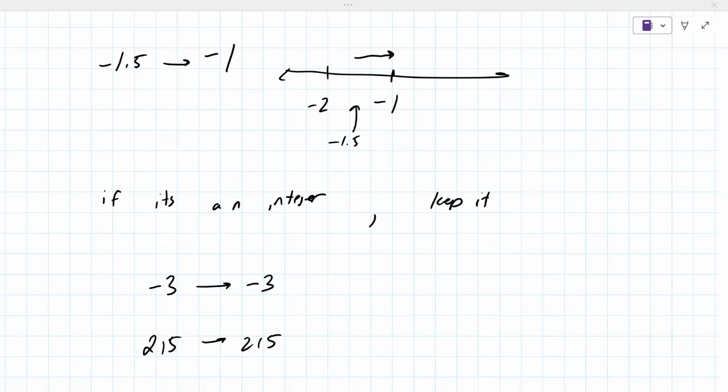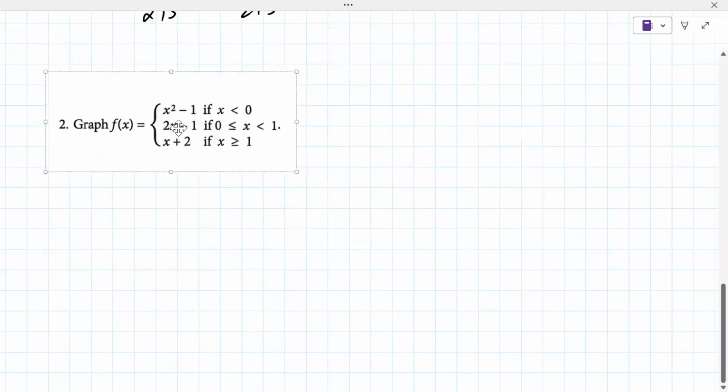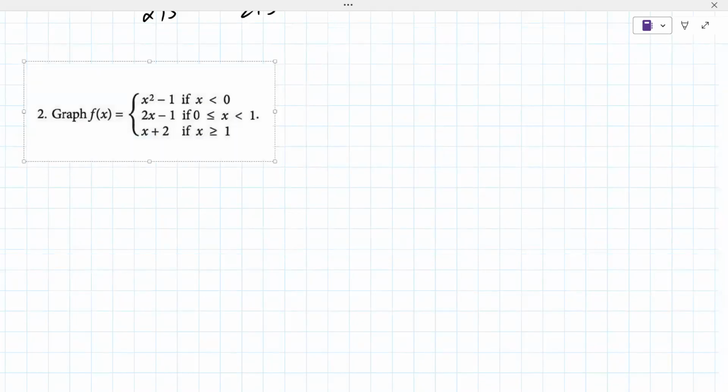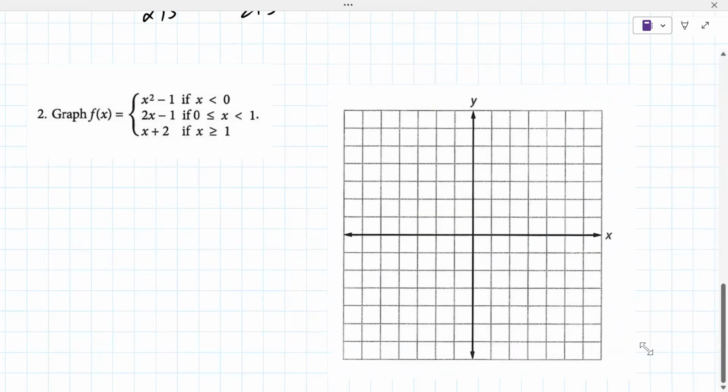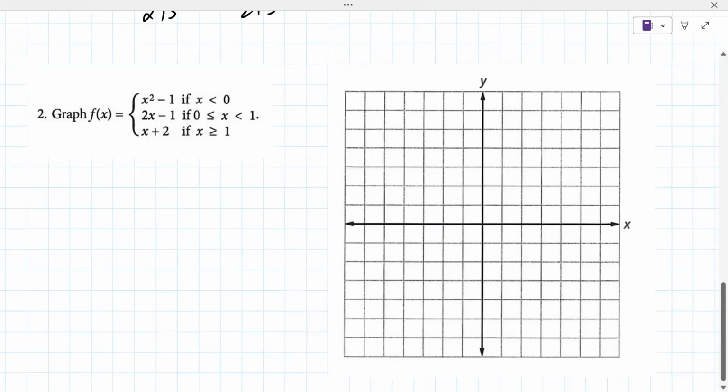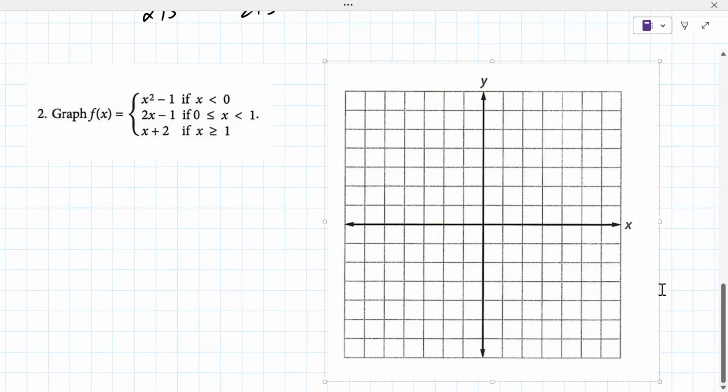All right, number two is a piecewise graph. Now, I don't remember us doing any piecewise graphs. Is this something that you feel like has been emphasized in the class? I mean, I've definitely seen it before, but I don't know if I'd say it's emphasized. In this class, like in the last few weeks, you've seen this? Me personally, no. Okay. Well, I don't know what to say because we should do it, but